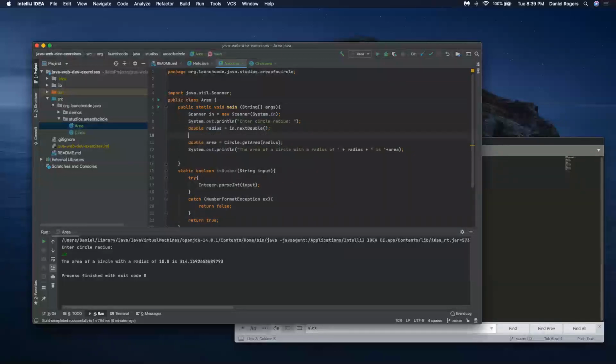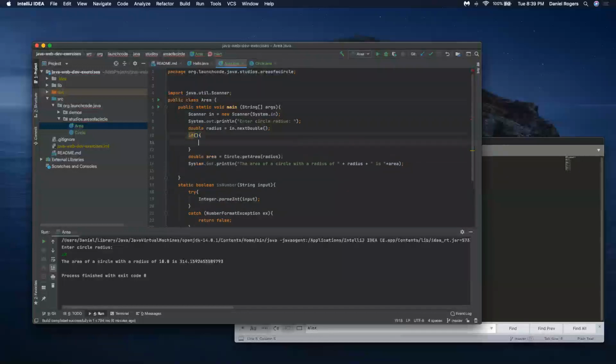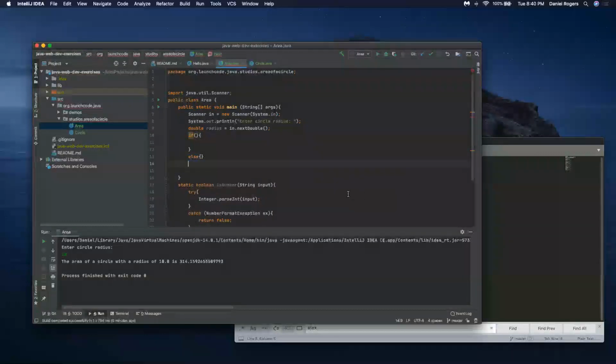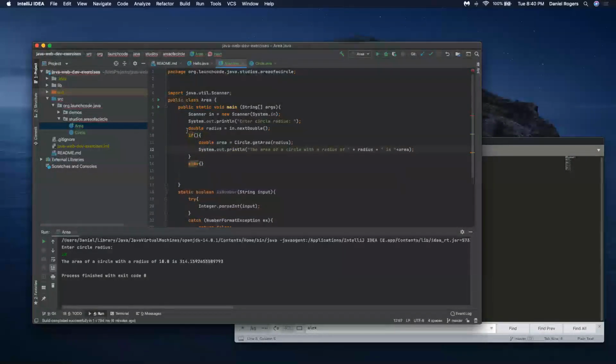So if isNumber, and we're passing in radius,